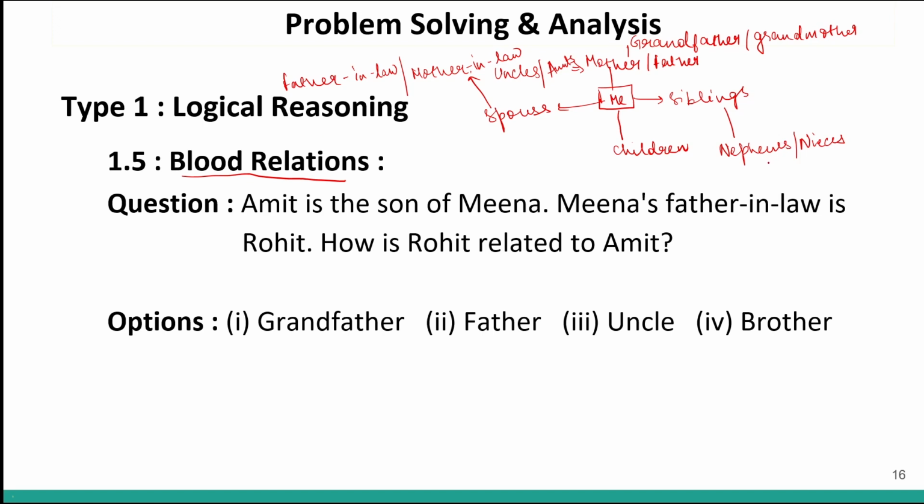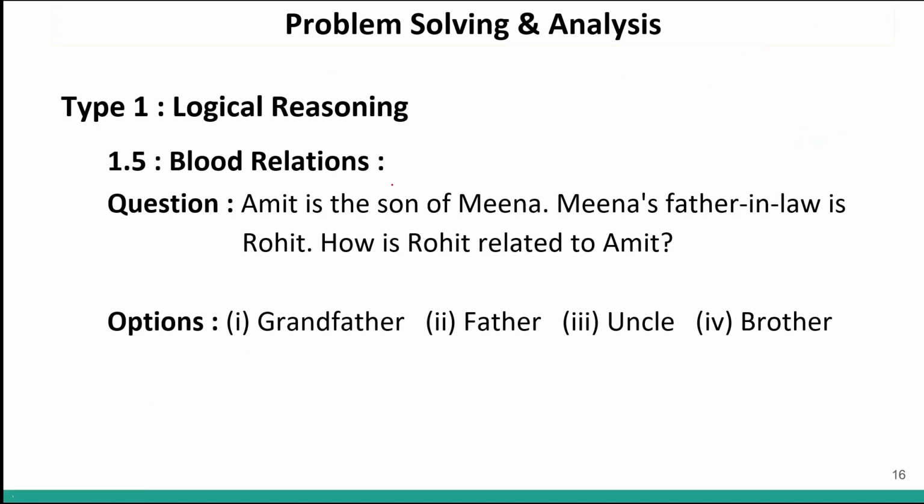So, this is overall a small idea for blood relations. This is how you draw blood relation charts. Now, certain things that you should remember while solving questions on blood relations. The first thing is, do not assume the gender. You have to solve the question. Do not assume gender ever. Meena can be a male in your question. Devi can be a male. Devanshu can be a female. So, until and unless you solve the entire question, you do not assume gender. This is very important while solving questions for blood relations.